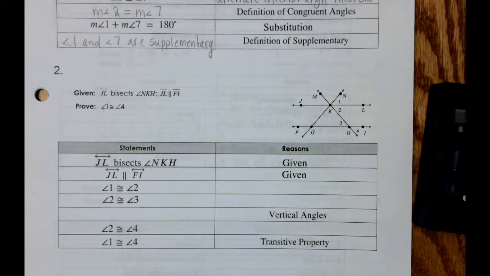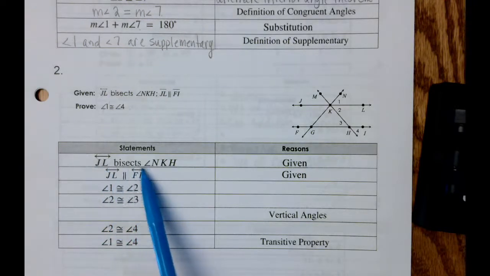Problem number 2, we're going to fill in our missing blanks here. And on this particular problem, we've got JL bisects angle NKH. And then we also know that line segment JL is parallel to FI, and we want to prove that angle 1 is congruent to angle 4. So actually, I'm glad that down here, as I look at the proof a little bit more carefully,